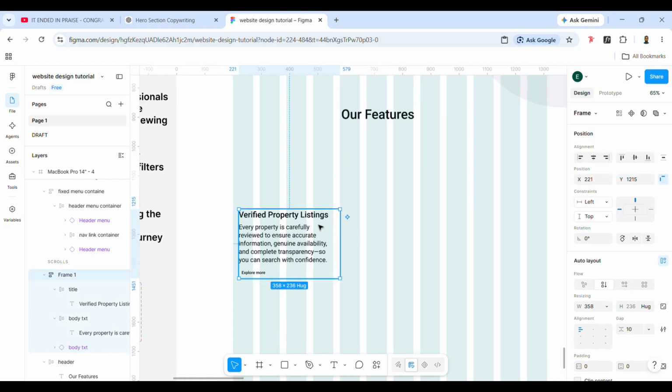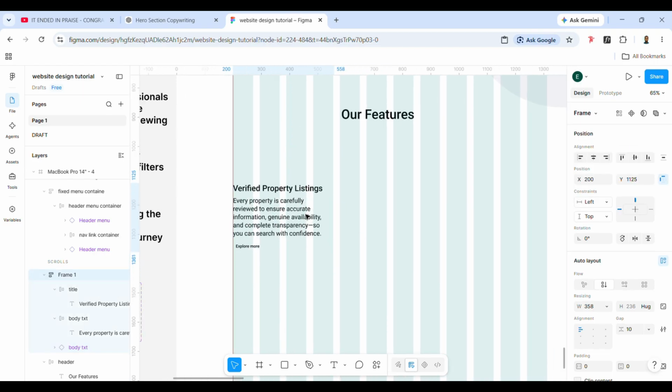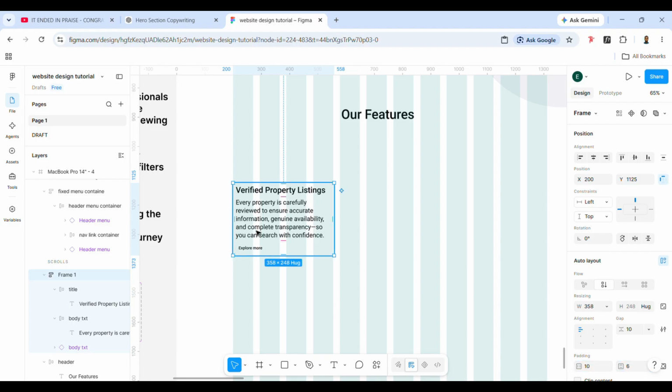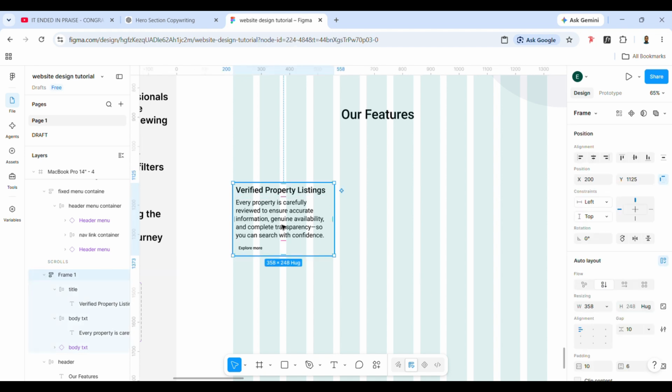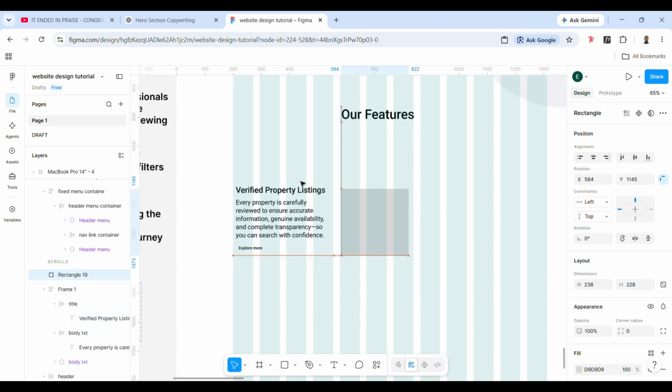So that's that. Then the next thing I'll do is give this a padding. Let me give this a padding of 10. Let me try a padding of 6. Beautiful. Yeah, 10 is okay. So the next thing I want to do is add an image to this. So what do I do? Let me come over to this and bring out